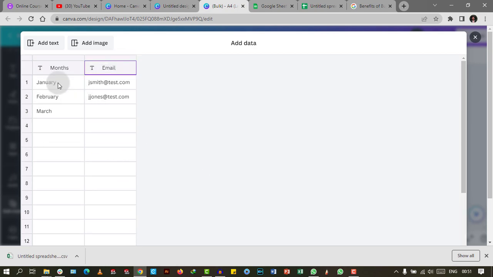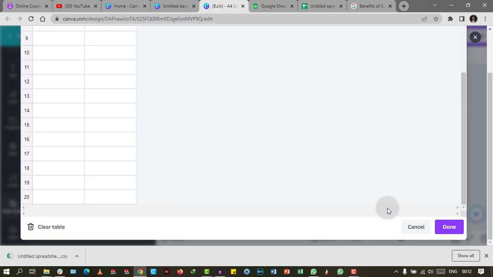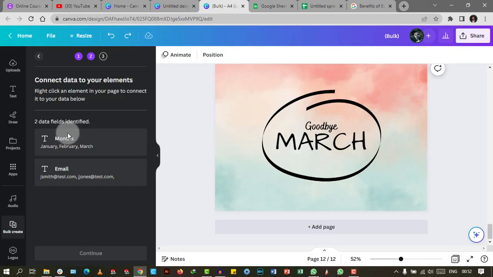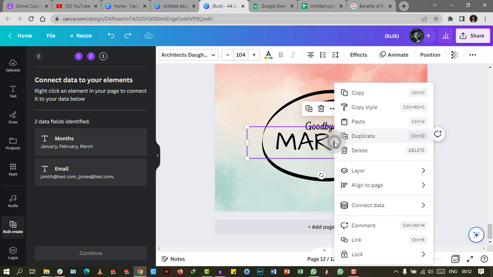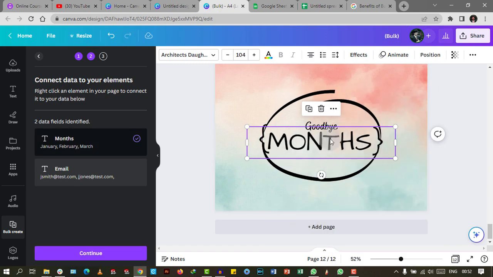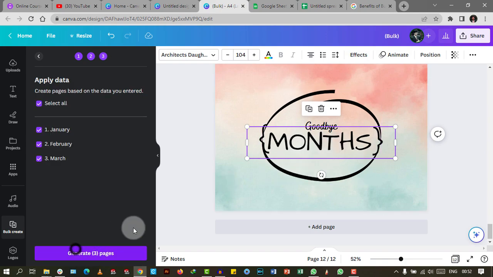After you have done these things, you have to come over here and click done. And then it will show you like this, and you can click this and right click this, then go to connect data, and then you can select which column you want to connect, the months column or the email column. I'm going to click that months column, so then the months column will be selected, and if I click continue, it will ask me how many pages I want to generate, and then if I click generate, it will be generated on the